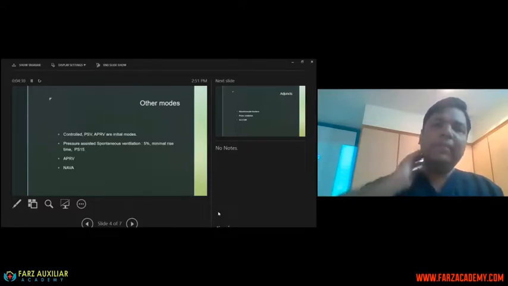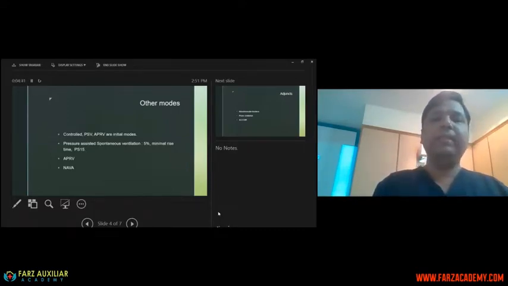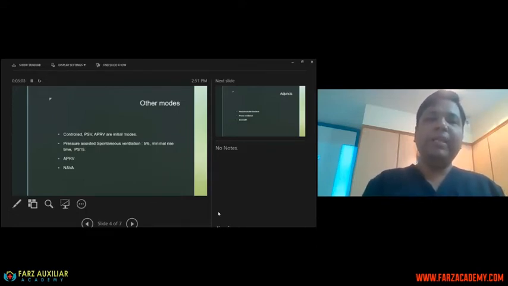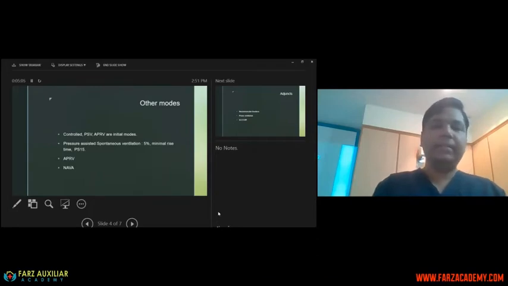What are the other modes of ventilation besides control mode? Well, pressure support is the next most commonly used mode. Many centers are using pressure support mode from very early if there is not much dyssynchrony, because that prevents the de-recruitment of the diaphragm, the diaphragmatic paralysis, etc. APRV, there are few studies, but not enough evidence that it is a very good